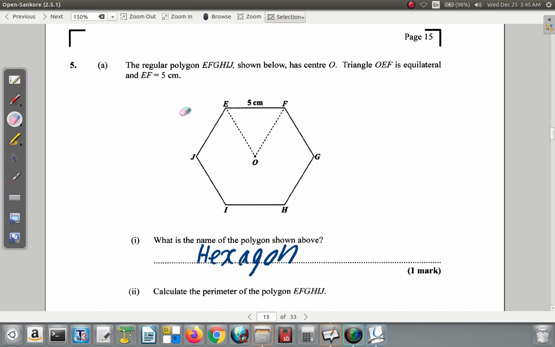So remember, perimeter. Peri means around. Meter means measure. So it's the measurement around. Now it is regular. That means all the sides are equal in length. So let's see what happens here. When you calculate the perimeter of it, you have